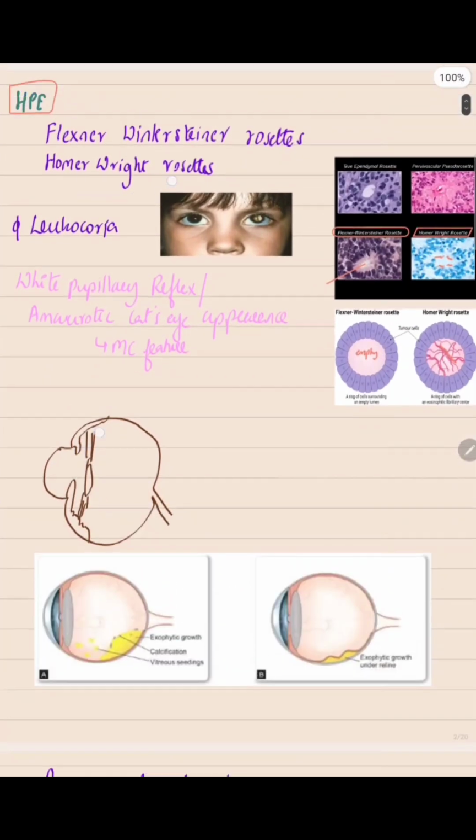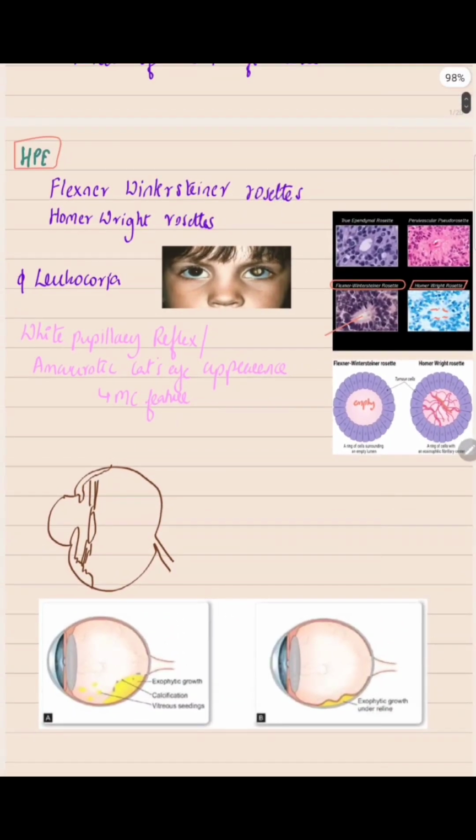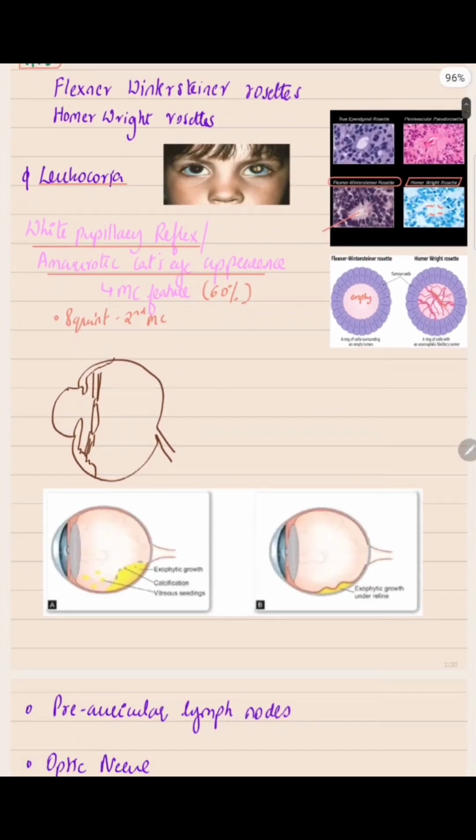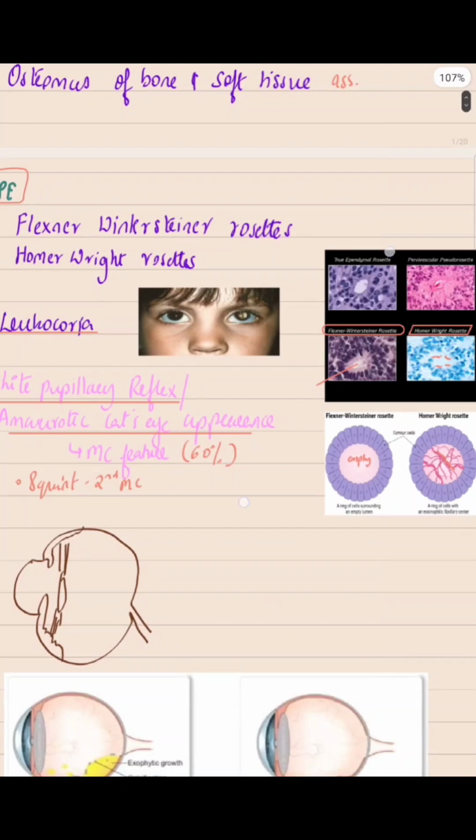Now, the most common presentation is leukocoria, that is, a white pupillary reflex or amaurotic cat's eye appearance. This is the most common feature and is present in about 60% of the patients. Squint is the second most common feature. Other features include nystagmus,